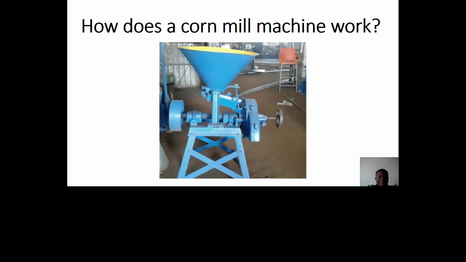And we usually use the corn mill machine as an example since its work is similar to the computer's, because it first receives the raw materials, that's either maize or cassava. It then processes them. Then at the final stage, it brings out either the corn dough or cassava dough. That's the final product. So the computer also uses this same method in processing data to become information.